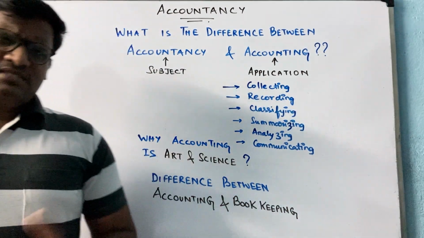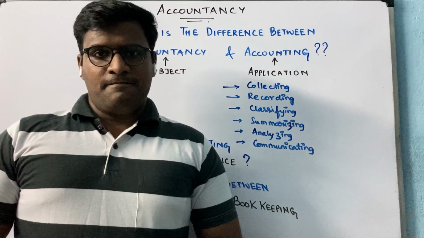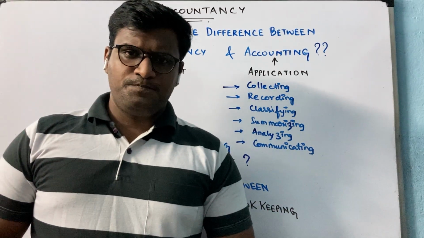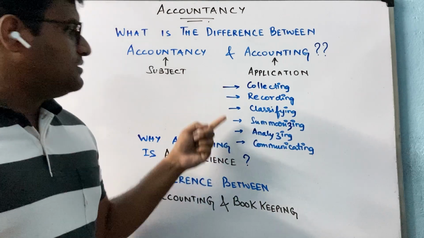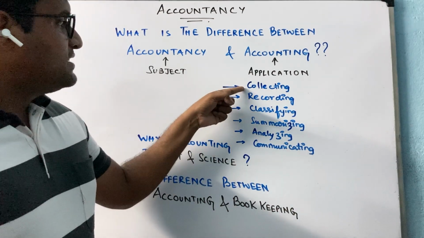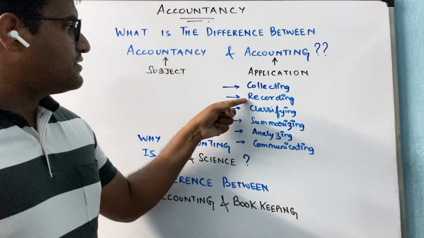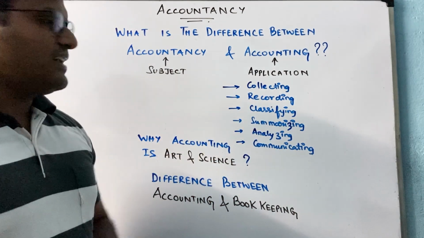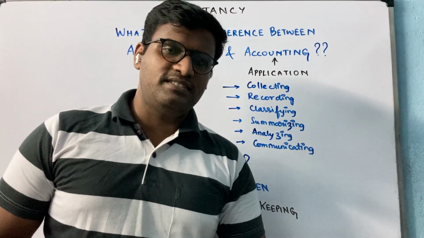The next topic, the difference between bookkeeping and accounting. Now, what is the difference between the two? Let's have a look over here. All the various steps that were involved in accounting. The first one, collecting. The second one, recording. And the third one, classifying. The first three steps that we see here,